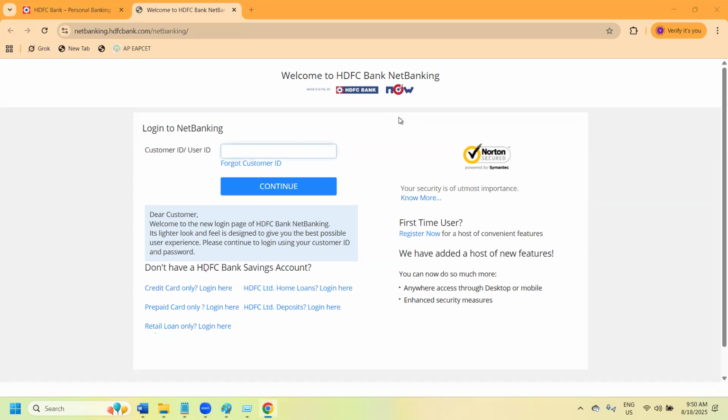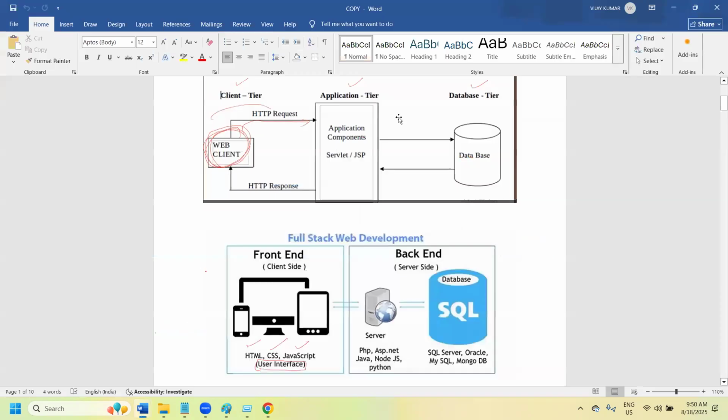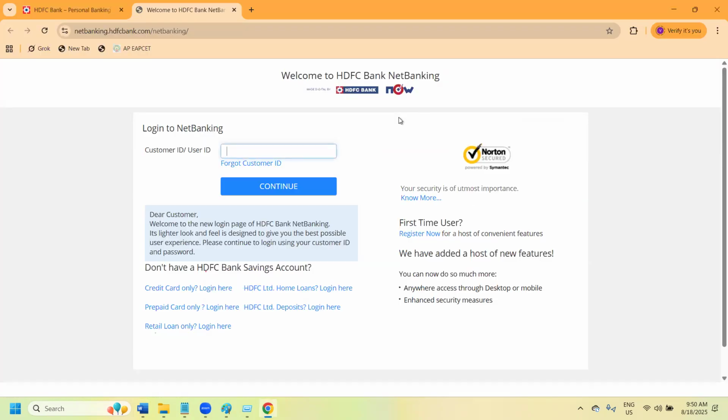Now, after that, you are going to perform some operations. Whatever operations you perform, either sending money, receiving money, or anything else, it will eventually be stored in a database. Database means we have MySQL, Postgres, Sybase, Teradata, and many more.